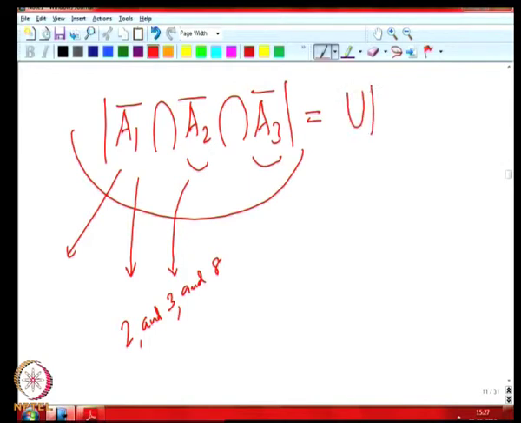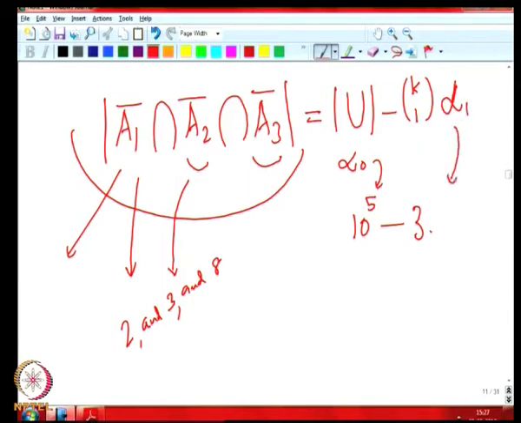Now, this is the universe, the so-called alpha 0, which is 10 raised to 5, minus k choose 1, where k equal to 3, so 3 choose 1. So, that is 3 into the cardinality of each Ai, which is essentially alpha 1. Alpha 1 is, as we have seen before, 9 raised to 5, right.